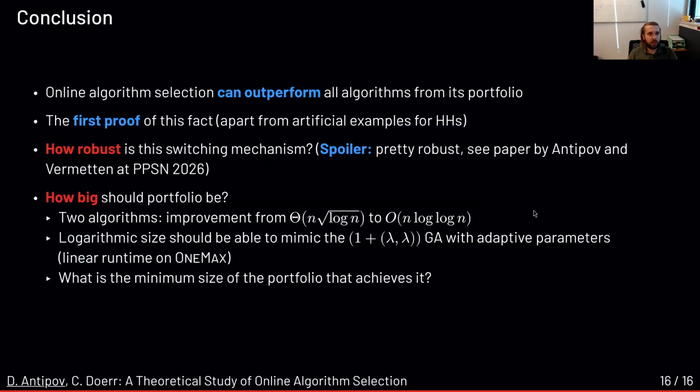So, to conclude my talk, online algorithm selection can outperform the algorithms from its portfolio, as we showed in this work, and this is the first proof of an asymptotic speedup, except for some artificial examples for hyperheuristics where the function required being able to switch 2 or 3 bits. And the follow-up questions are: how robust is this switching mechanism? Well, we have already answered this question in our PPSN paper. The answer is yes, it's quite robust to